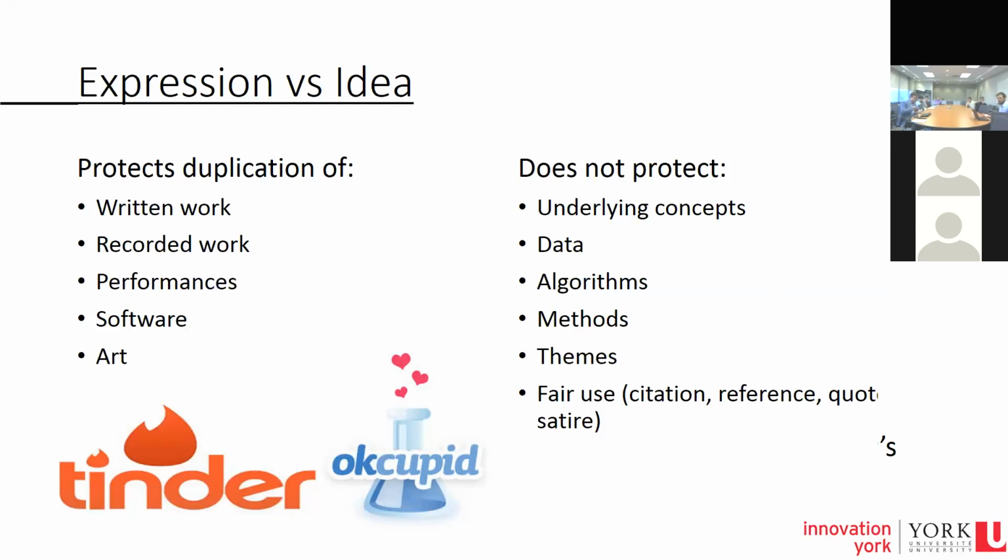Similarly, if Tinder reverse engineered OkCupid's algorithm for making matches and employed it on their website, again, there'd be no way that OkCupid could get them for any sort of copyright or even any intellectual property. Also, there are fair use exceptions. That includes research uses, citations, scholarly uses, anything that you might do with the source. If you properly cite it, there's absolutely no copyright violation, and anyone who tells you differently,